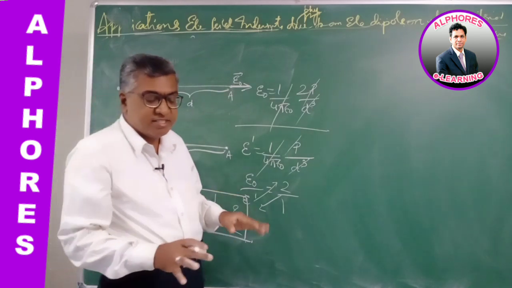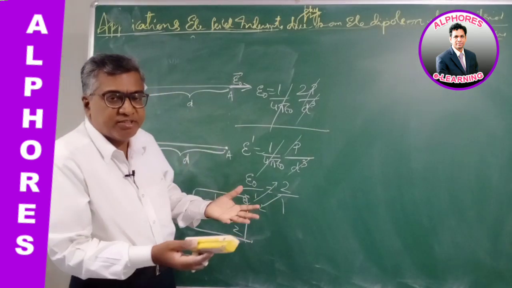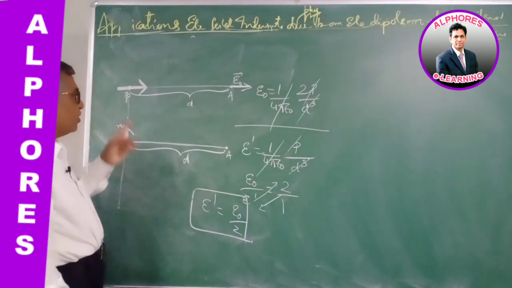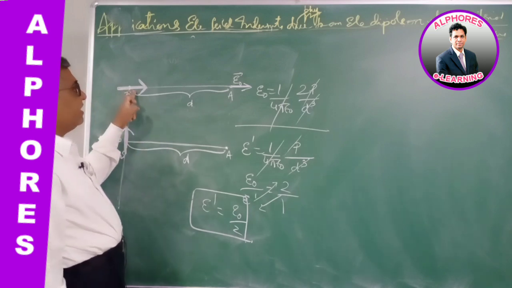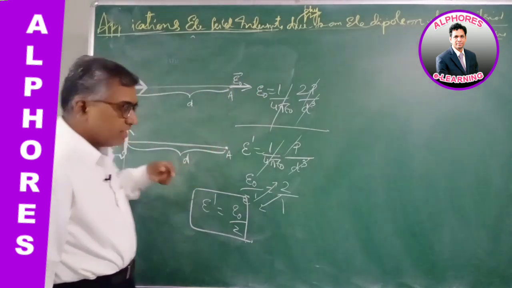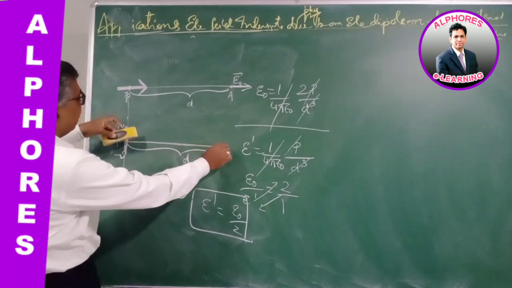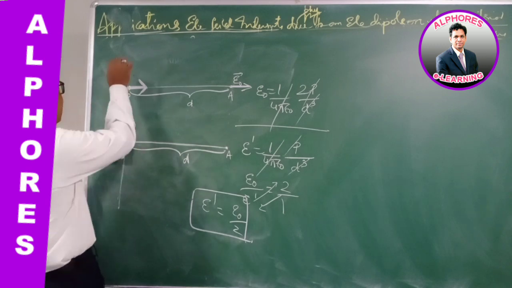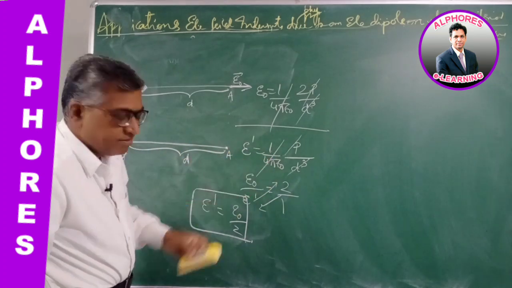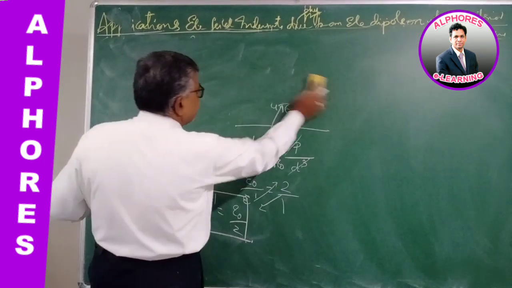In entrance examinations, the questions will be given in different forms. The question is the same, but the presentation, the way the question is being presented, differs. So you should be able to understand the thing there. A very beautiful question: a dipole, initially the point A lies on the axial line, and the field is E naught. Now the dipole is turned through 90 degrees, and its axial line becomes in this direction. Now this will be its equatorial line. The field becomes half, so E dash is E naught by 2. This is how the question is asked.